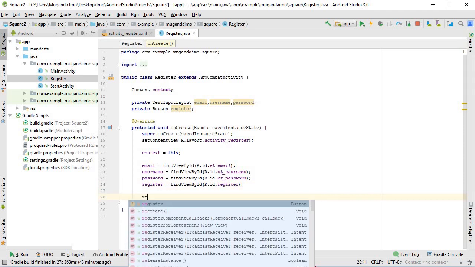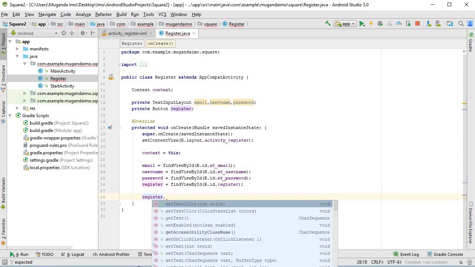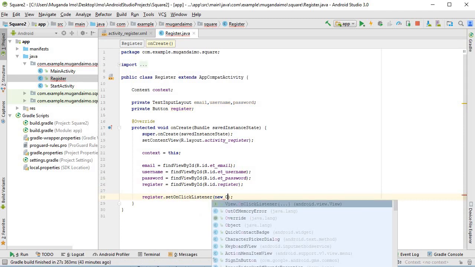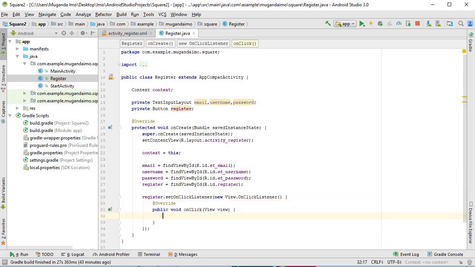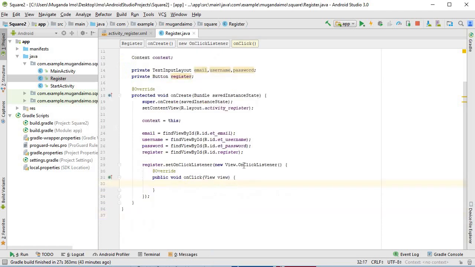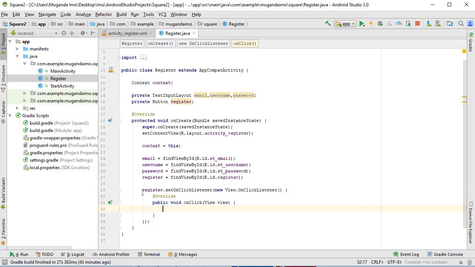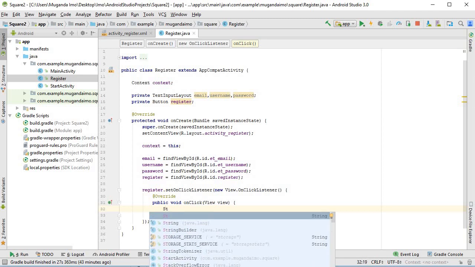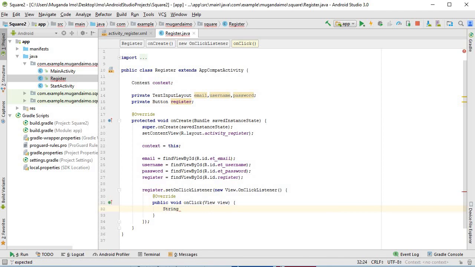Next thing we need is an on-click listener for our button. New on-click listener, and there we go. That's all the boilerplate stuff, if I can call it that, all the stuff that we're used to. And now here we are when the user clicks the button. So when the user clicks it, the first thing, even before we get to registering the person, is to collect that data. So we'll need the strings for the details they've put in, and that is,